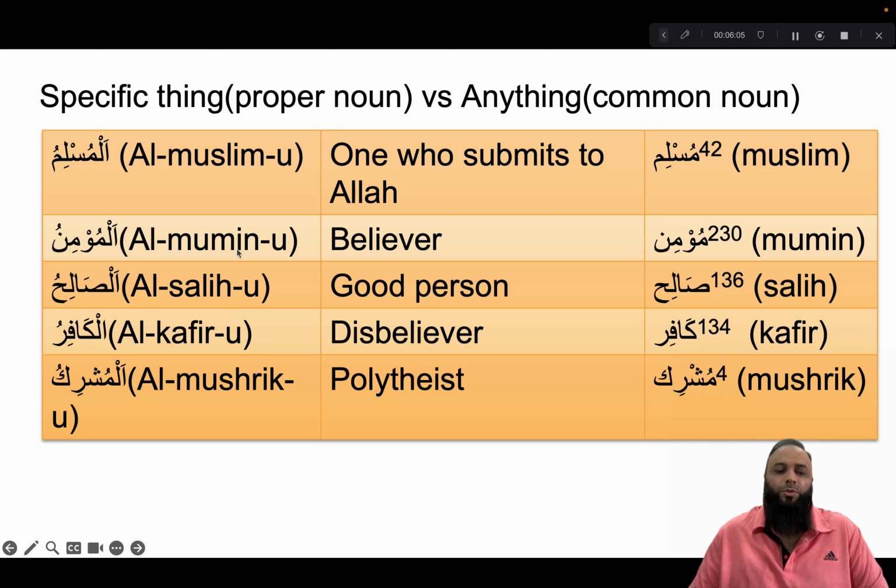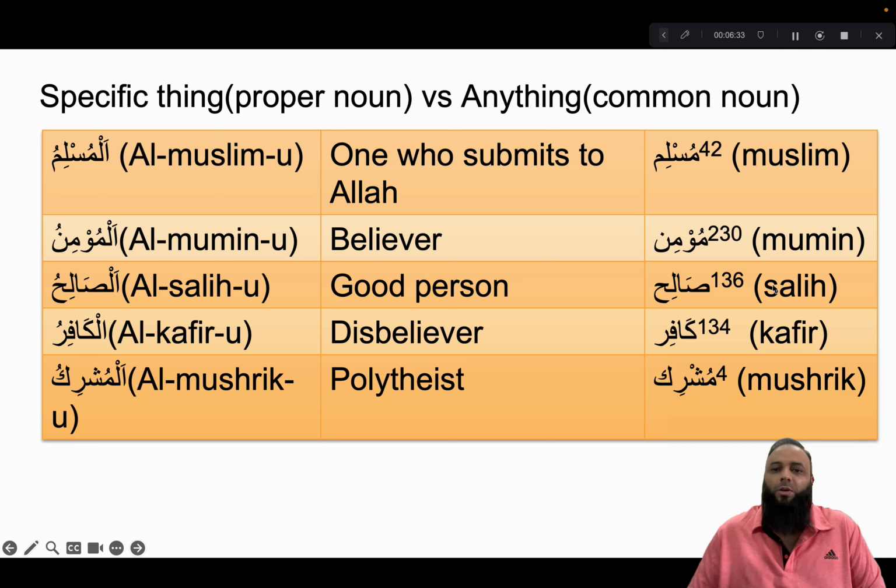And in most of the words, we don't need to pronounce the last part. So we just say al-Mu'min. But this is also one of the ways of writing it. But you just say al-Mu'min. So any word, just take al in front of it and it becomes a proper noun. And that's all we need to understand. So what we are trying to do in this is basically learn these new 5 words, which is Muslim, Mu'min,